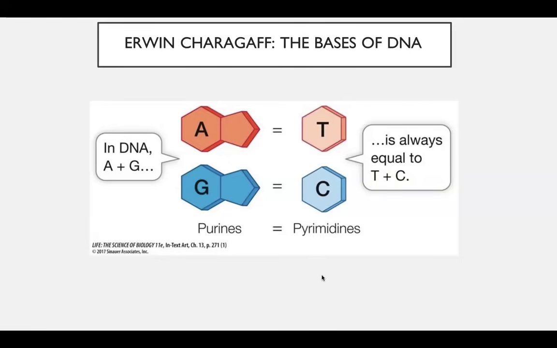So there could be a question on the exam. If you have 20% adenine or adenosine, what will be the percentage of cytosine? If you have 20% A, that means you also have 20% T, because A will always be equal to T, and G will always be equal to C. So 20% A plus 20% T is 40% total. 100% minus 40% is 60%, which means you have 30% G and 30% C. That's how you do the math if they ask a question like that. So A equals T, G equals C.